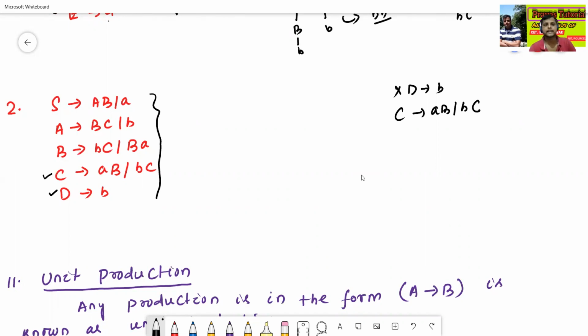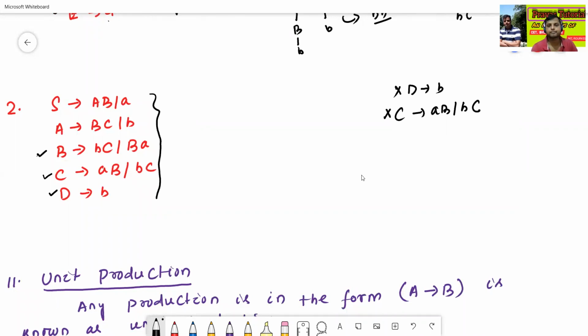See here, the non-terminal C does not have any terminal string. We cannot generate any terminal from the C non-terminal. So C is also a useless variable.